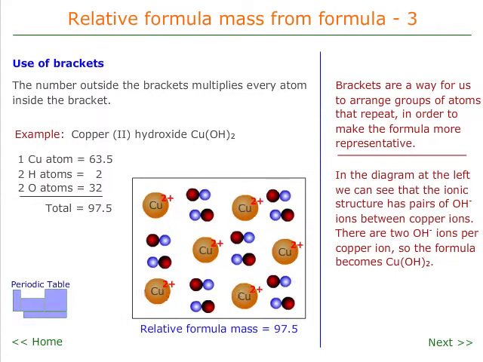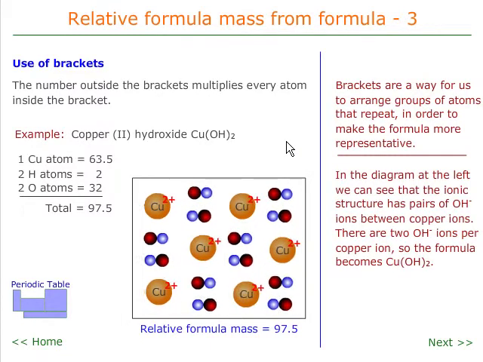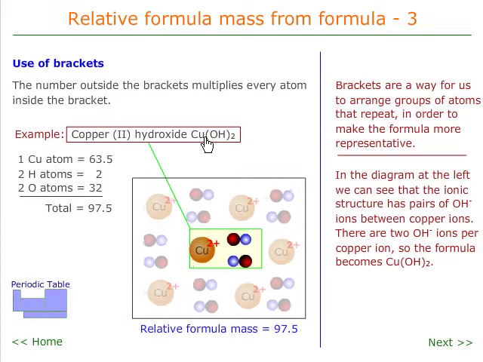Now let's see how brackets in a formula affect the relative mass of the compound. In this particular case we're going to have a look at copper hydroxide. Copper hydroxide is an ionic substance and as such exists as a giant structure of ions. However, the simplest possible ratio of ions within the structure, copper hydroxide, corresponds to 1 copper ion and 2 hydroxide